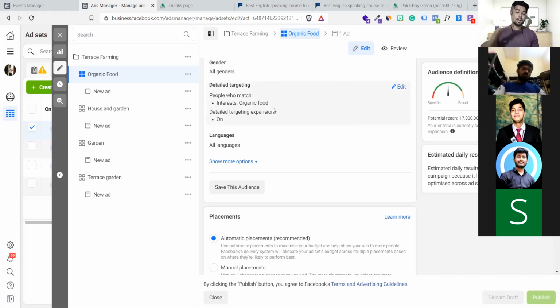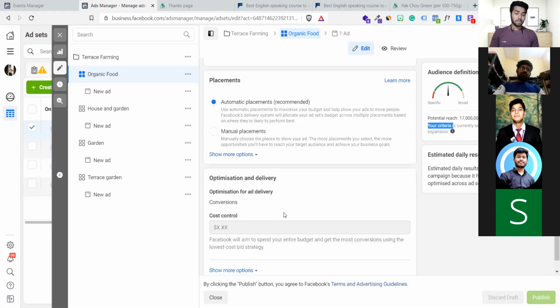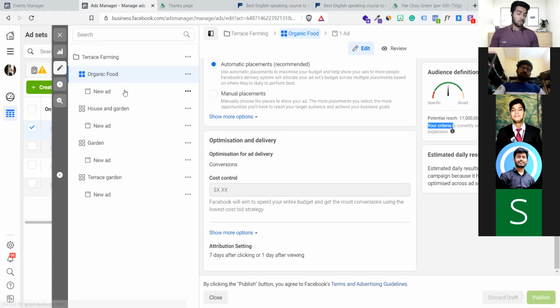What people do is they start adding 4-5 interests together in the Facebook ads. It doesn't require that, unless and until you are under 10 million, do it. Otherwise, only take one. And you can see I have created 4 different ad sets to test it. That's how I do testing and all. Okay. Now nothing much new.